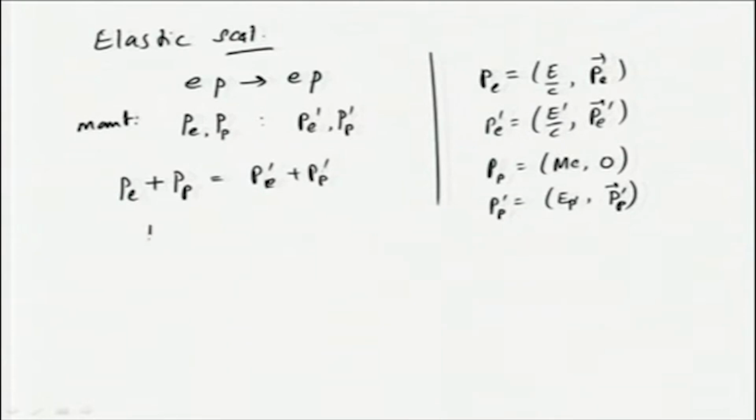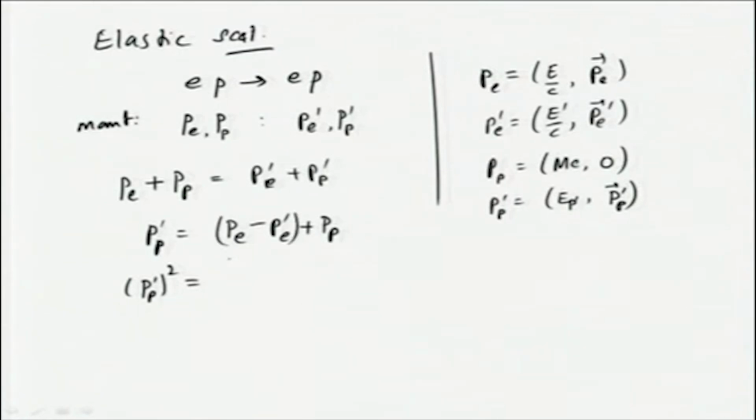Now, let me write it in a different way. P_p prime is equal to P_e minus P_e prime plus P_p. So, if I square this, P_p prime squared is equal to